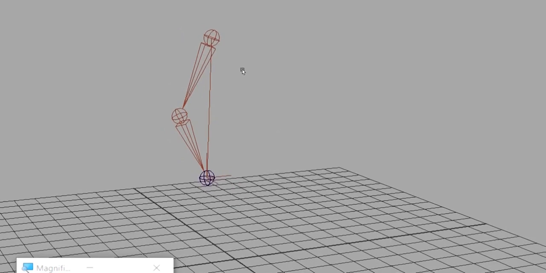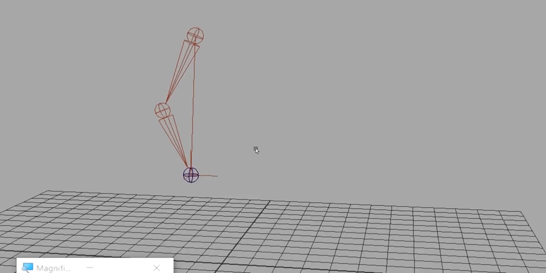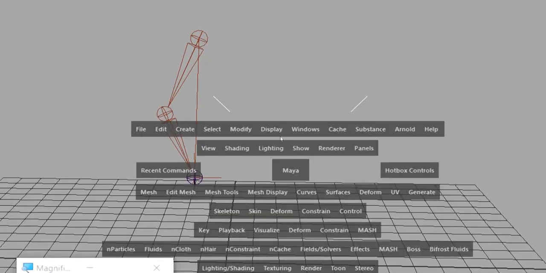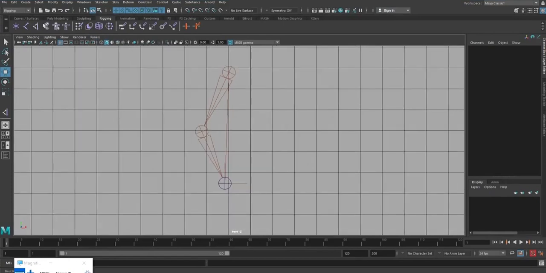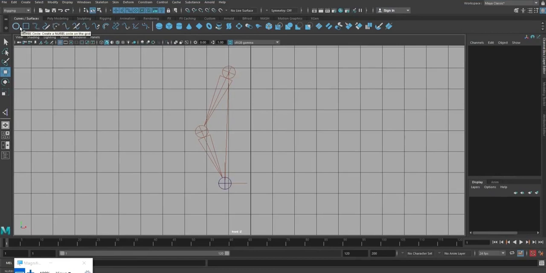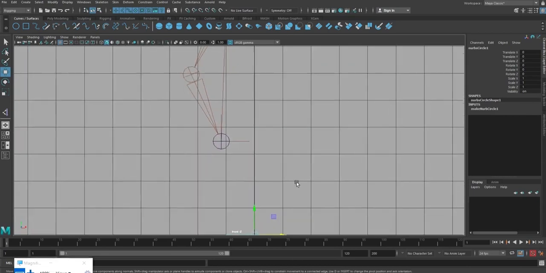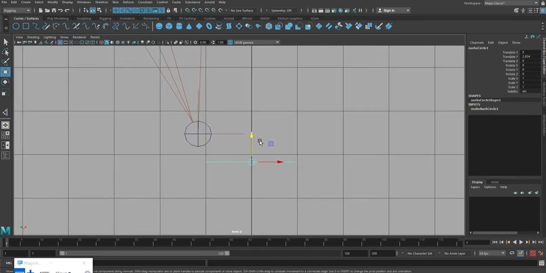We have created joints, bones, and we have created IK handles. Now what is pending is the animation controller. We need to create an animation controller and we need to do skinning. So first I am going to create an animation controller. How to create an animation controller? It is very simple. Go to curves, create a round curve. You can see a curve has been created on the ground. You can simply bring it here.